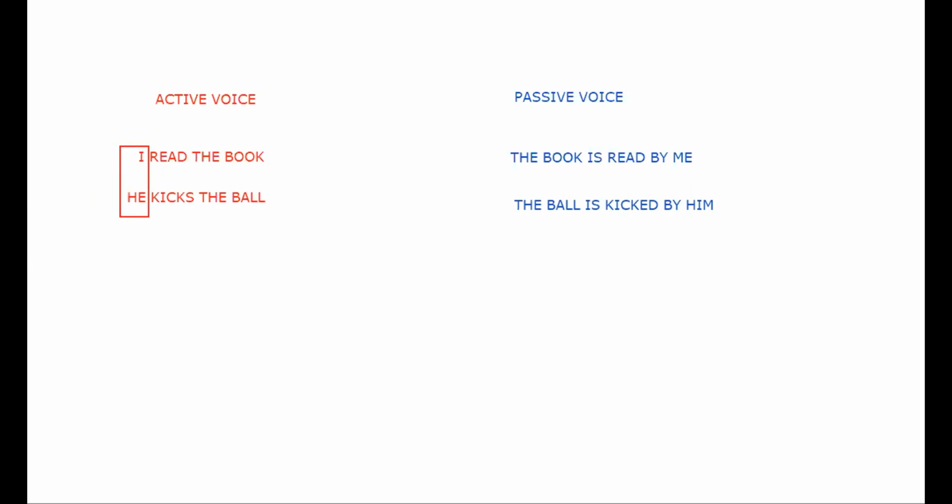Por eso, el complemento o el objeto de la oración se convierte en nuestro integrante principal de la oración, ¿no? For example, look at this. Here we have the book or the ball. Estas palabritas que antes estaban al final, ahora se convierten en nuestro sujeto más importante o en la parte principal